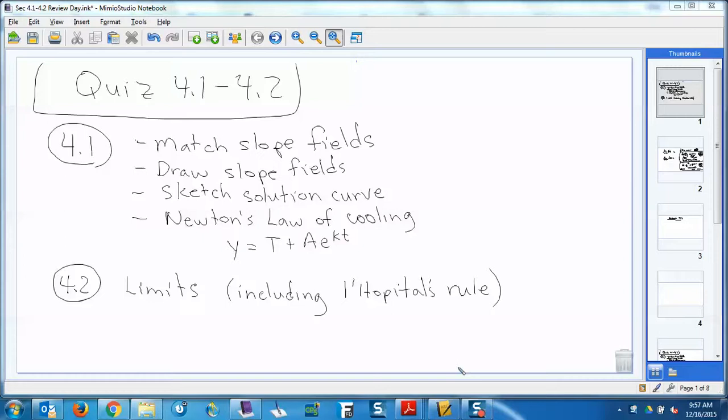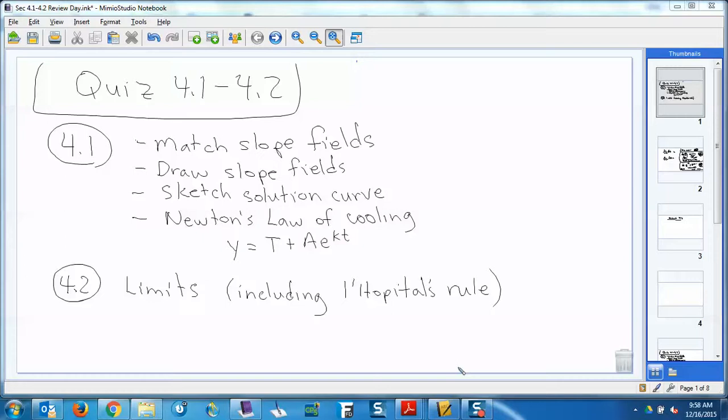know from there. And then 4.2, all these limit problems. So it will be very much like what was on the homework the last couple of days, just these limit problems, find the limit. And so let's focus on that first. I've got a little worksheet here with some limit problem examples, and then a Newton's Law of Cooling problem too